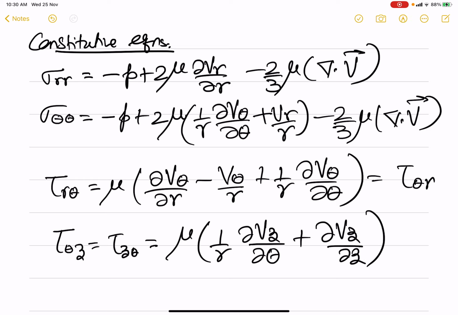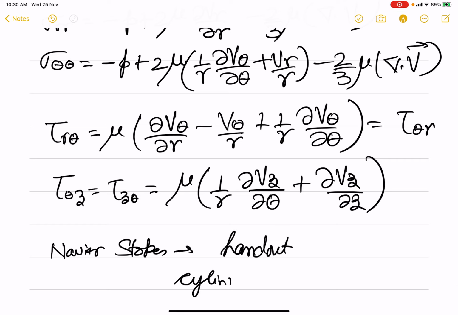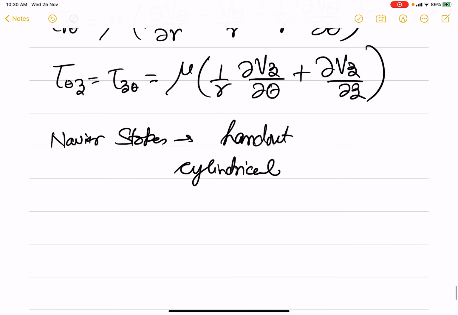Now, of course, all these equations you don't need to remember. A handout has already been given to you. It has been loaded on the course site where you can easily refer to these equations. Similar to these, for the Navier-Stokes equation, I'm not going to write them. I will refer you to the handout. The cylindrical coordinates are given, and you have to be careful because extra terms will be there. You don't just copy out what you did in x and y. So this is the thing.